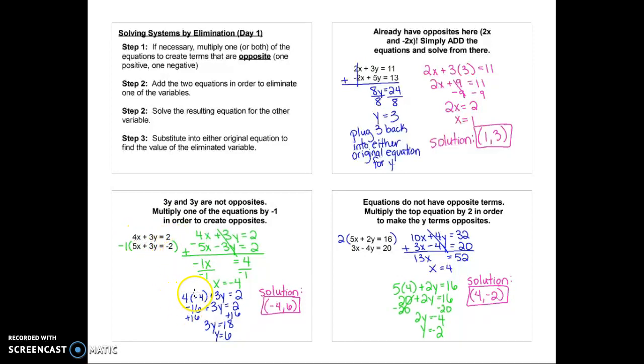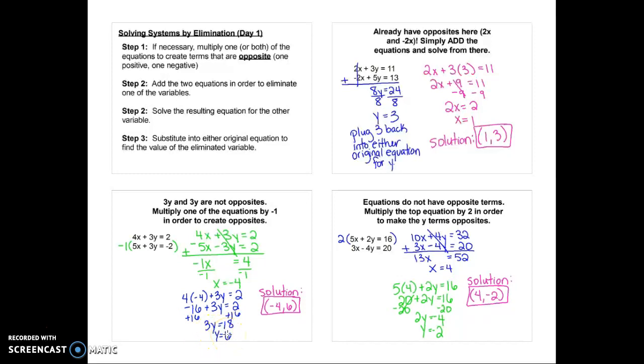So 4 times negative 4 plus 3y equals 2. So I'm plugging in my x value into this equation. 4 times negative 4 is negative 16, plus 3y equals 2. It's just a two-step equation. Add your 16 to the other side. You end up with 3y equals 18. And then you get y equals